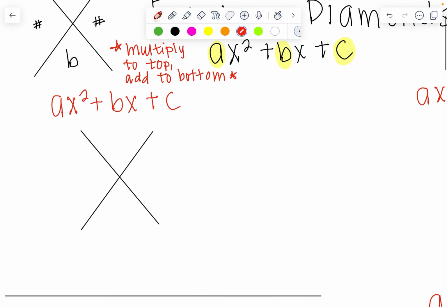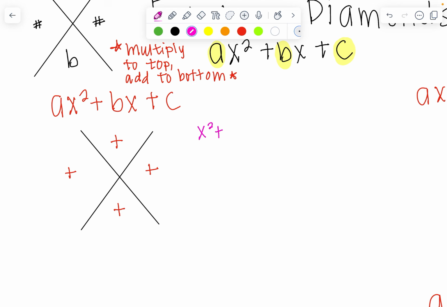The first situation is when they're all positive. So A, B, and C are all positive, which means your top number is going to be positive and your bottom number is going to be positive. In this case, the 2 numbers that you choose are both going to be positive. So an example of this would be